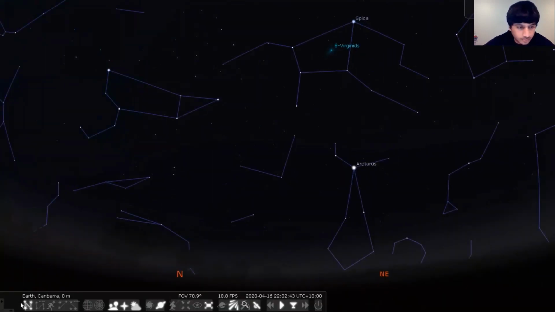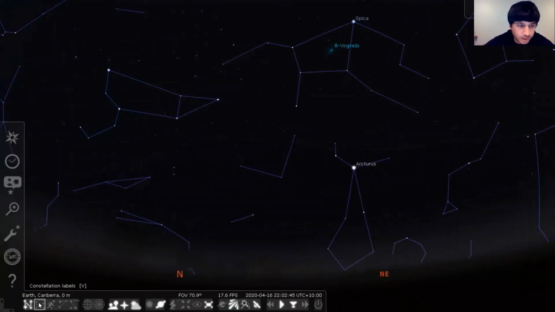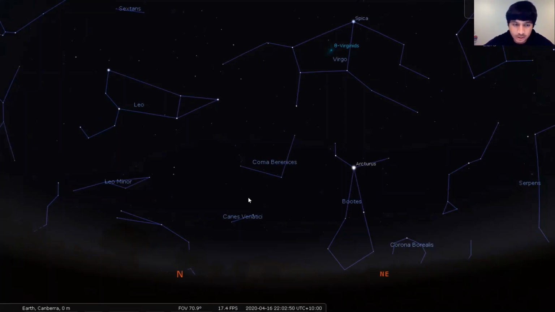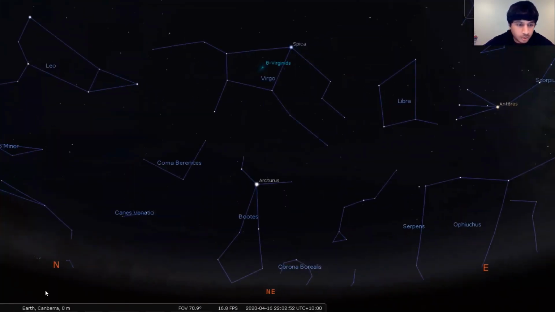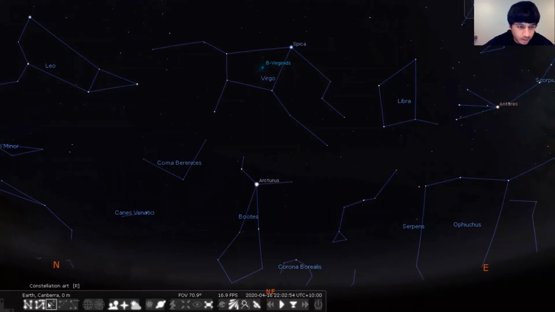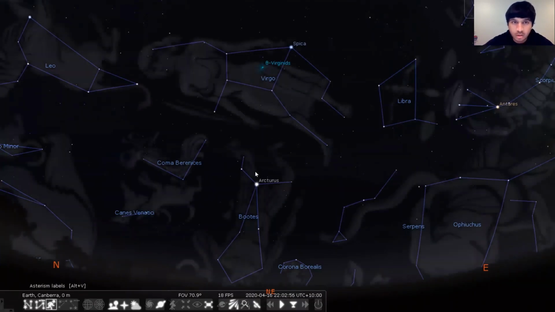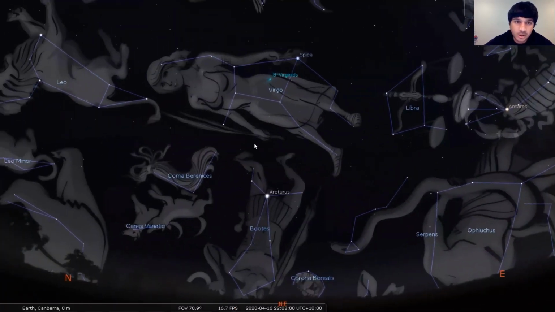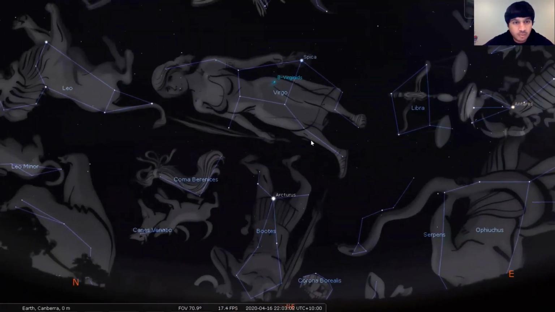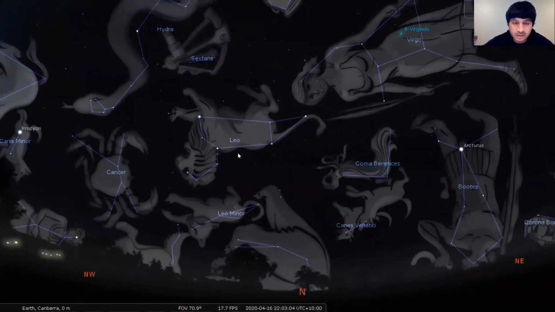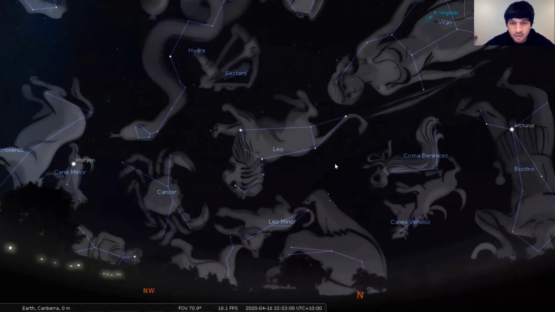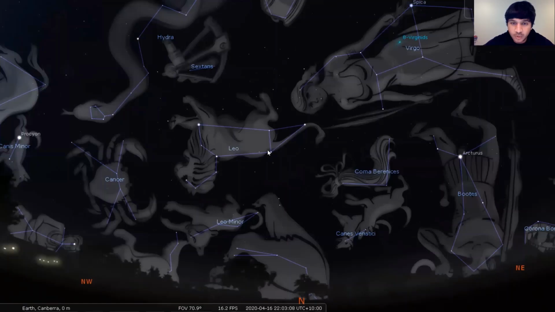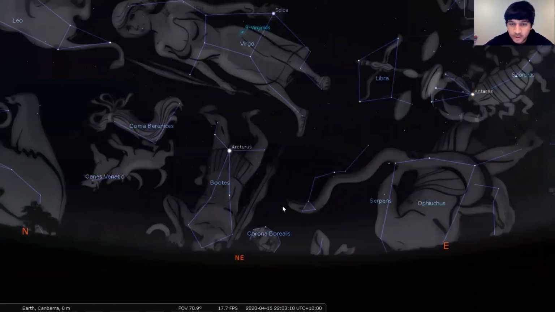If you click on the button next to it, it will give you the names of the constellations. If you click on the button next to it, it will give you the shape that is being imagined in the constellation. So suddenly, from a mess of sticks lying in the sky, you now have animals and humans and a whole lot of other things.